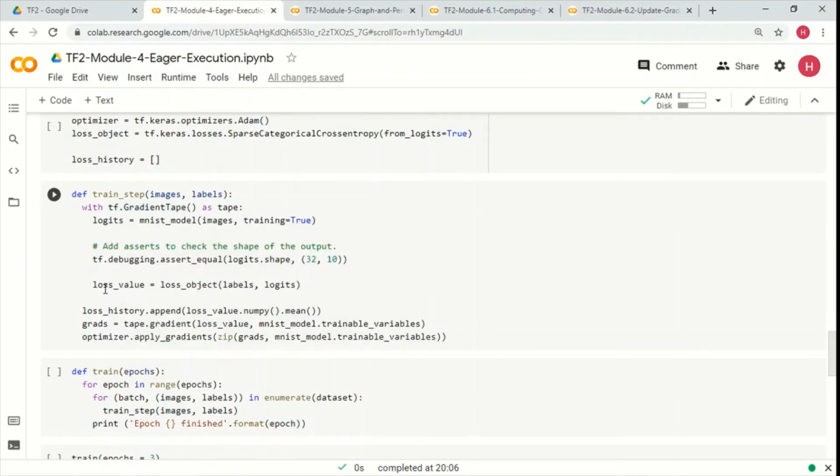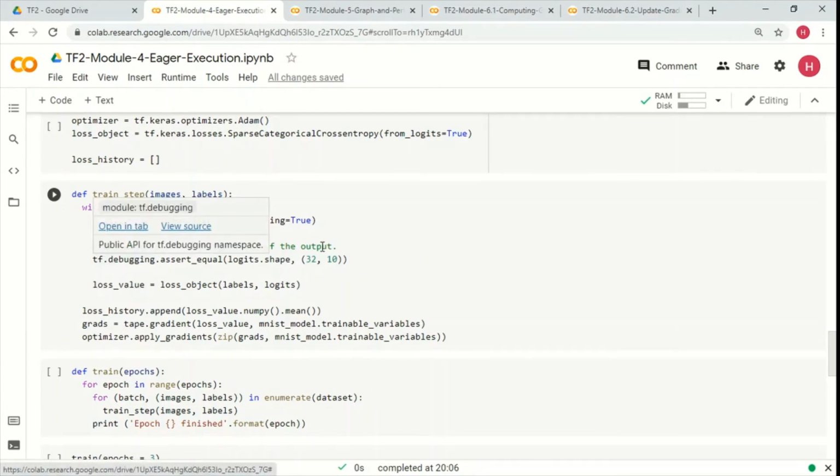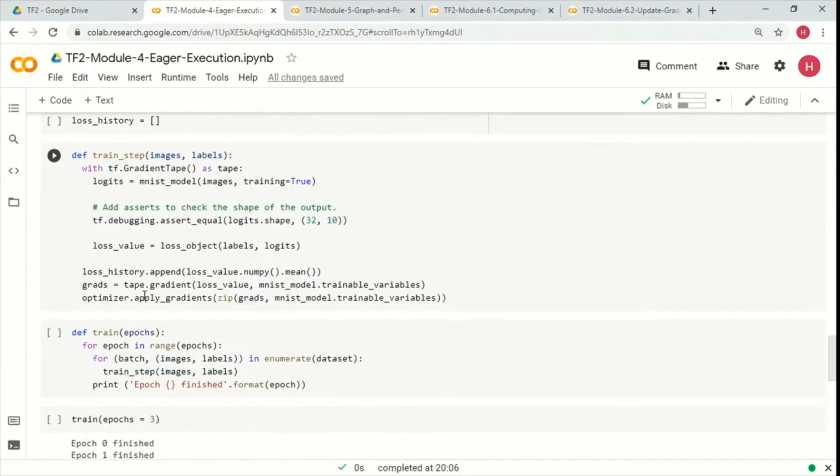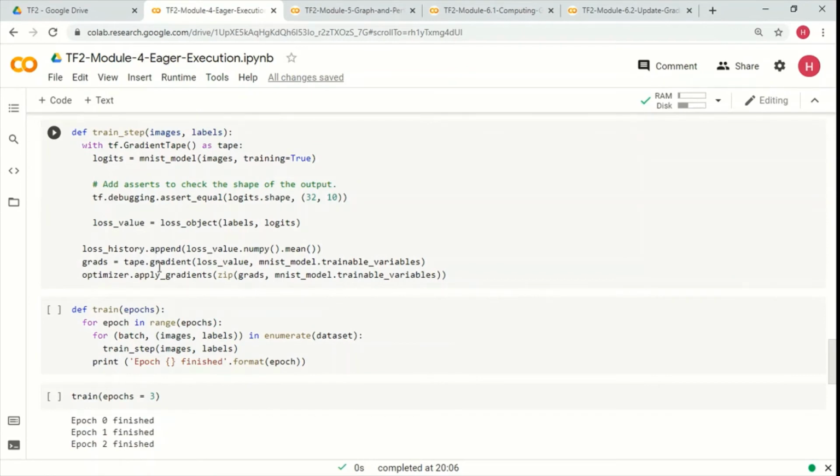We are also doing a little bit of debugging here, just to show that the eager execution is working. Then we calculate the loss value. We call this loss object function, giving it the true labels and the predicted logits which we get here, and we get the loss value, and we append that to the loss history.